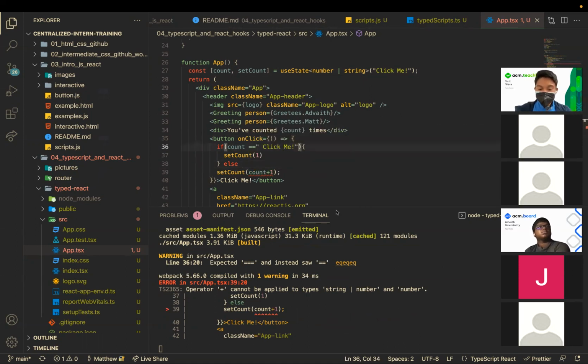Let's see. And this is something that TypeScript allows us to do, of being really strict and saying, oh, what if it's possibly a string in this scenario? So something you can do is that